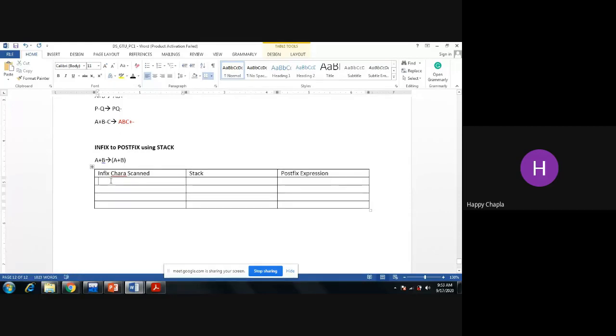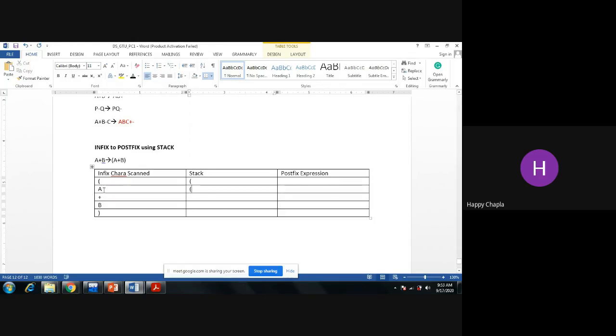Whatever elements I have, I am just copying the entire thing over here, and the closing bracket. Rule wise, first you need to push the starting bracket. Yes, I am pushing. Now starting bracket is there inside my stack.